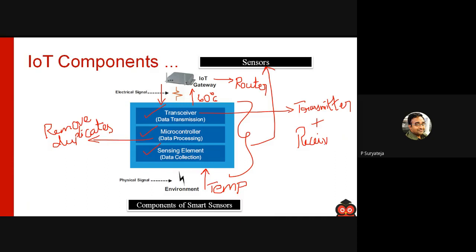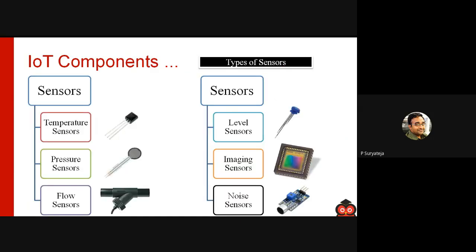It's a combined name, transceiver. They took this part and this part, transceiver. Oh, sorry, this part also, transceiver. So these are the components inside the sensor. Now we'll be looking at different types of sensors.